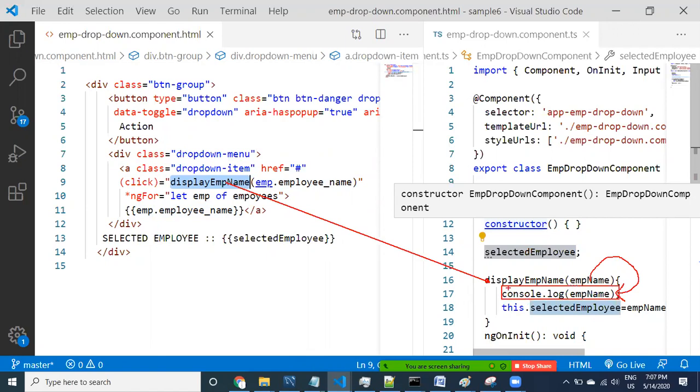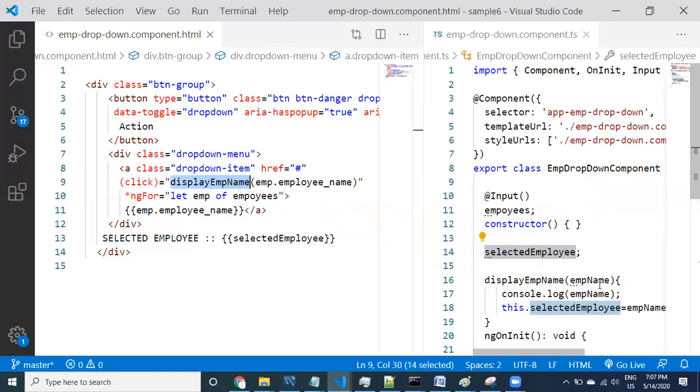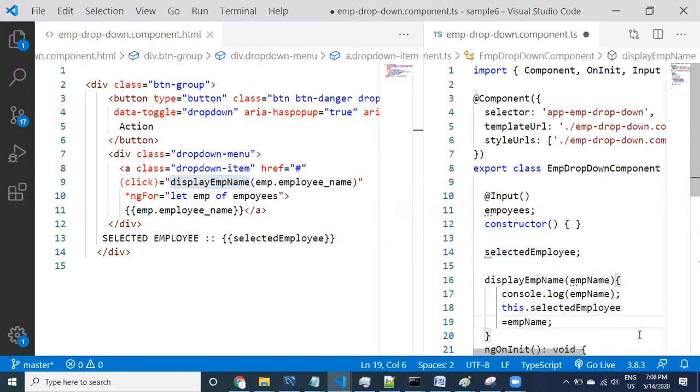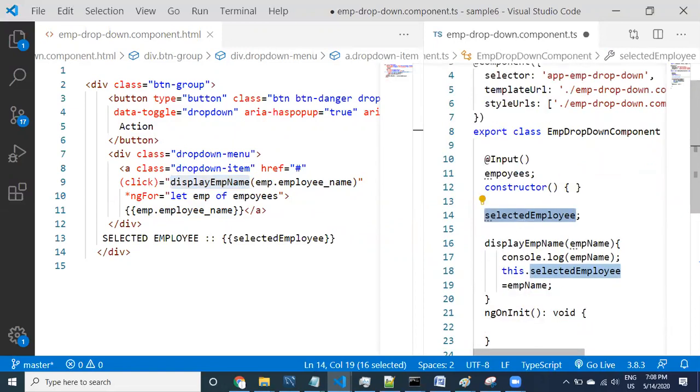Okay, fine. In the next step, what are we doing? We are setting this information to employee name, into one particular property. Which property? This property. This property we have bound here using interpolation, so that whatever value is available here, automatically it is going to get updated.